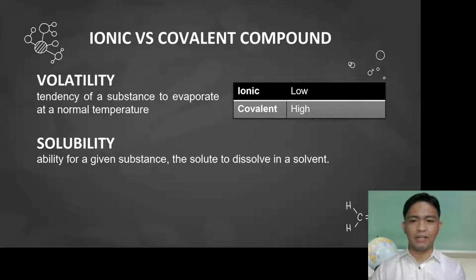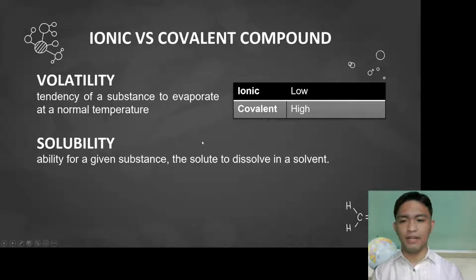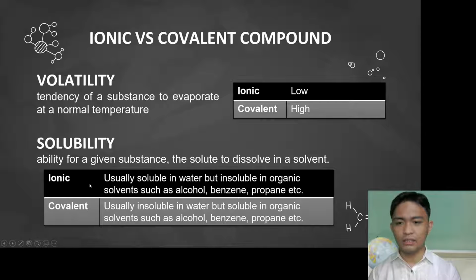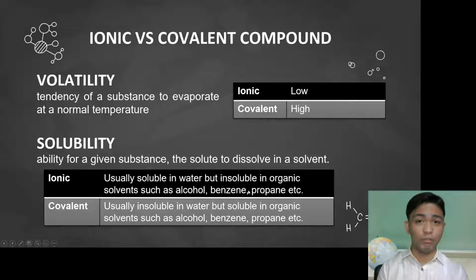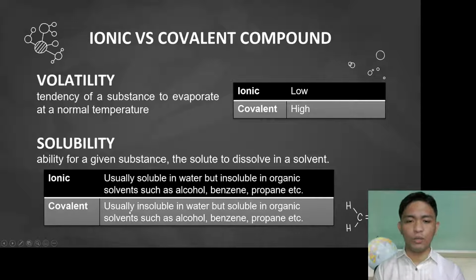a solvent. Kakayahan ng isang material, ability ng isang material na ma-dissolve sa isa pang substance. Okay? So for ionic compounds, they usually dissolve in water, but is insoluble in organic solvents such as alcohol, benzene, propane, and other organic solvents. Okay? Covalent naman, usually insoluble. So pag ionic, usually natutunaw sa tubig, pero hindi sa mga alcohol, benzene, etc. Pag covalent, usually insoluble in water, hindi natutunaw sa tubig, but soluble in organic solvents such as alcohol, benzene, and